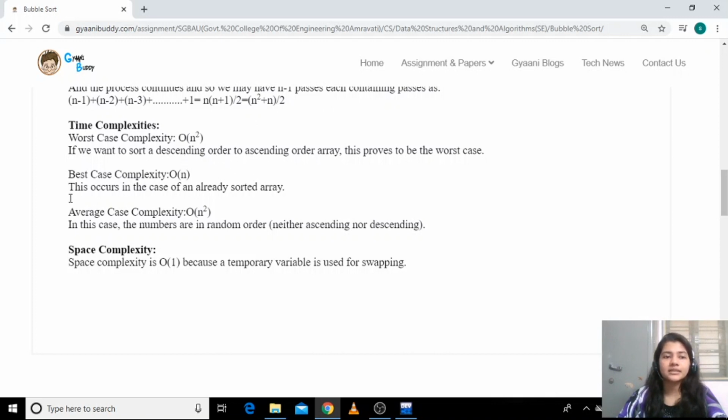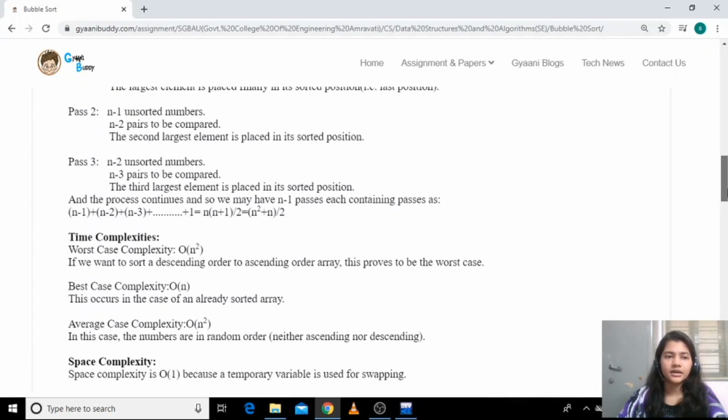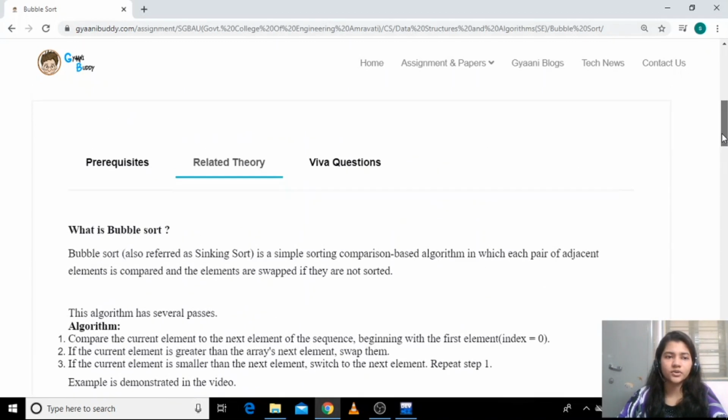The best case occurs in the case of an already sorted array, that is we have to pass only n times because of the optimization, and due to the already sorted array no need to sort the elements again and again, so order of n, and in the average case it is order of n square. And regarding space complexity, we only require a temporary variable in the swapping part, so it will be order of 1. So this is the bubble sort algorithm.